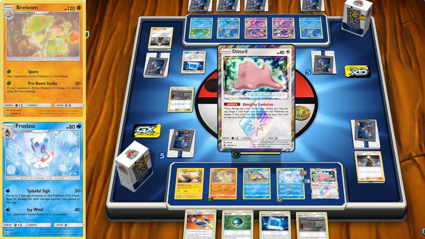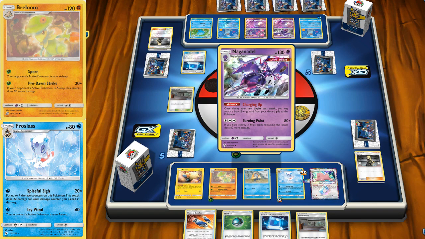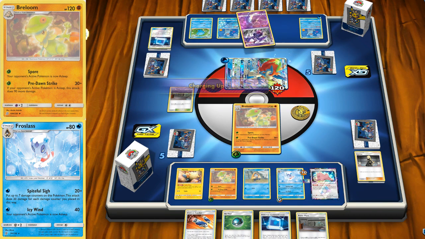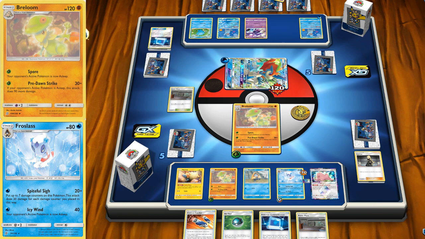Yeah, which I'm not sure if it's... Most of these decks are just running the one-off U-turn board to put on Naganadels and use that as a pivot, which I quite like. But in this very specific odd scenario, it is not very good for them. All right, so